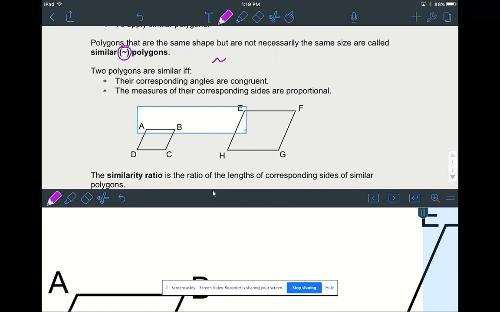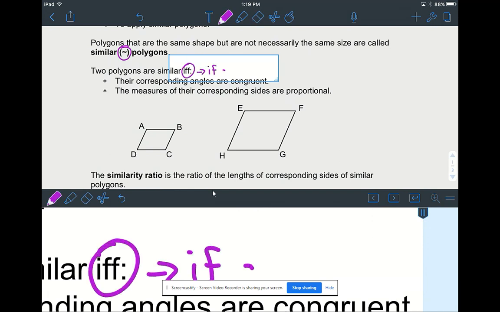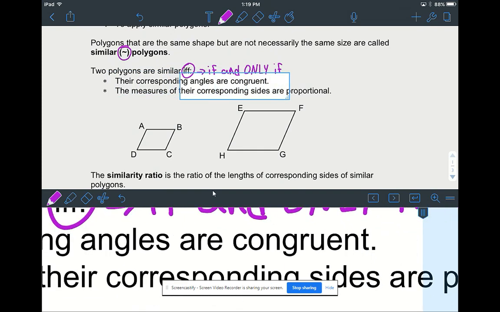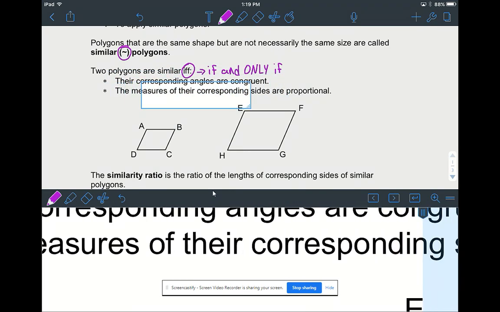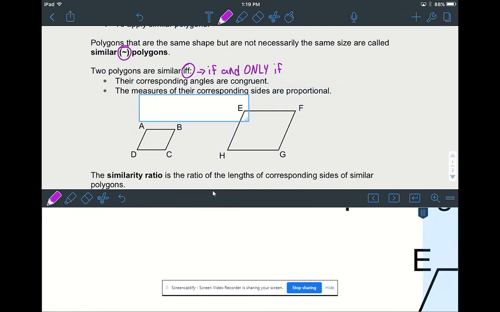Two polygons are similar IFF. No, that is not a typo. IFF stands for if and only if, meaning it's a double if. You have to have both of the stars below in order for the statement to be true. So two polygons are similar if and only if their corresponding angles are congruent and the measures of their corresponding sides are proportional. So both of these statements have to be true